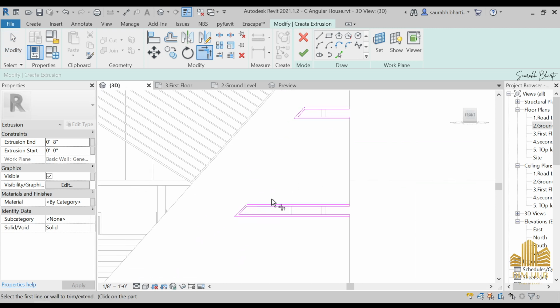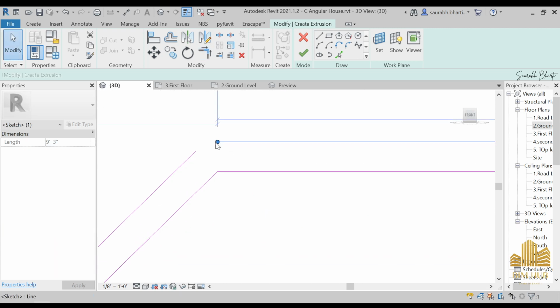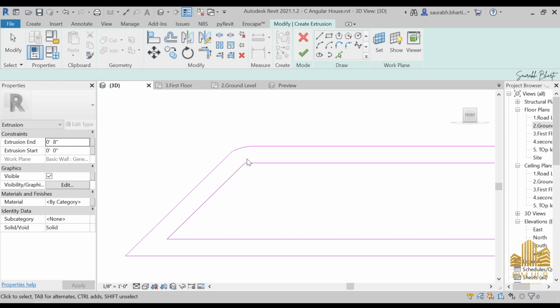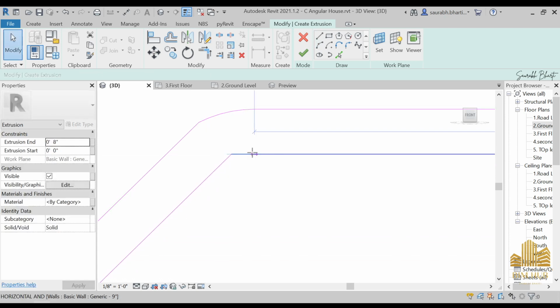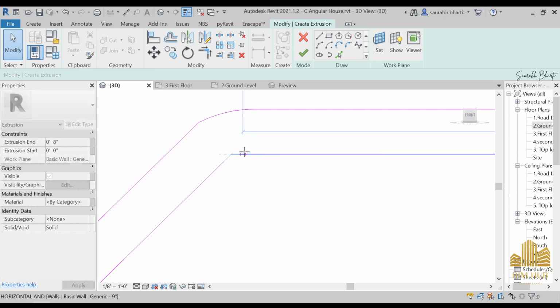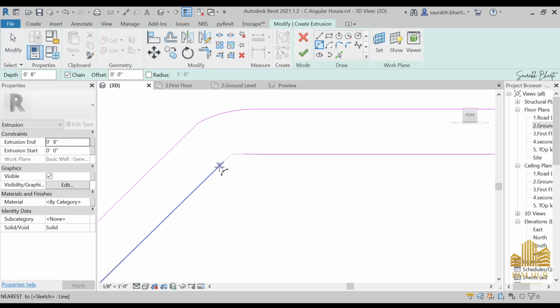Then we have to do the same thing in the bottom portion. So just reduce the size of it like this. Select this one. Select this, and now make something like this. Okay. Make it smaller from here. Make it smaller from here. A little bit larger. Select this one, and